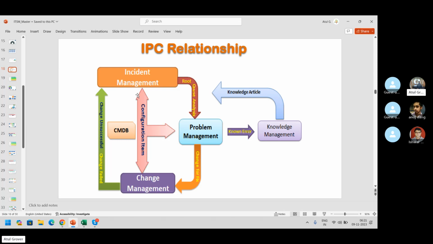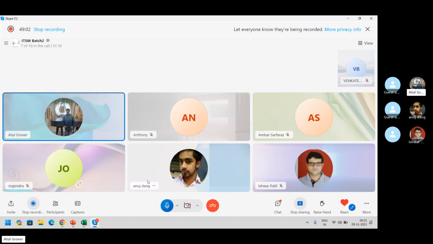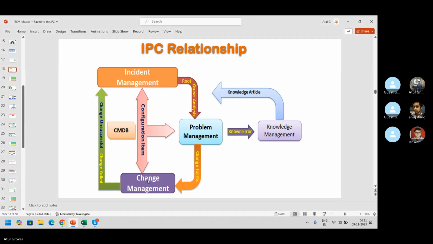It's this opening one. Why? Because in this industry, these three things we call IPC: incident, problem, and change. It's not Indian Penal Code. It's IPC: incident, problem, and change. Okay, I want to give a story and then you can link that story with this concept. Example,